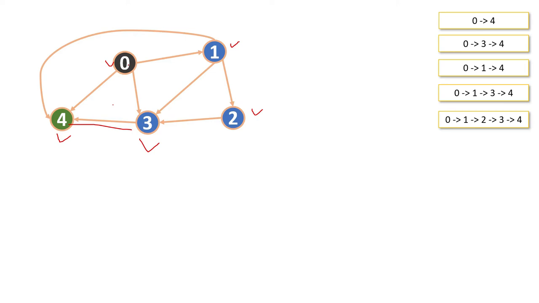When we traverse from 0 to 1 and again get 3, that time no need to calculate the path from 3 to 4. We can just append this path with this path. Same case from 2 to 3 also. So we have to make sure that if we can keep this, from this node to the destination node, somewhere, then if it comes into my path, I can make use of it.